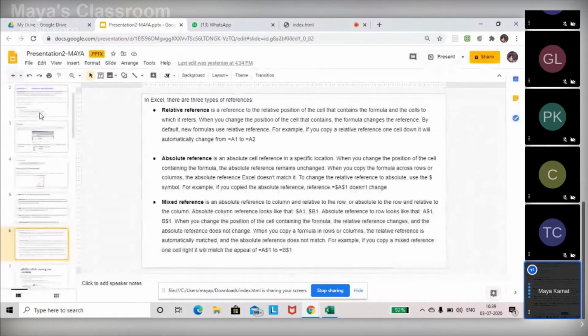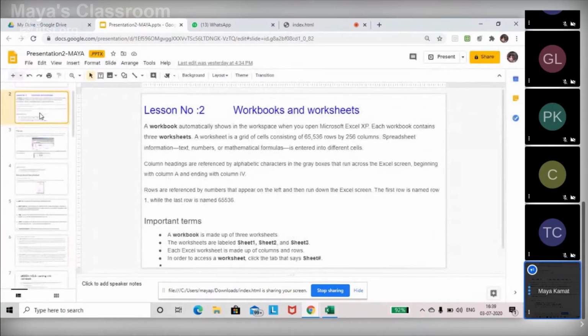So today's class, we began with workbooks and worksheets. We opened the workbook that we created in the last class. From the workbook, we started with our worksheet.